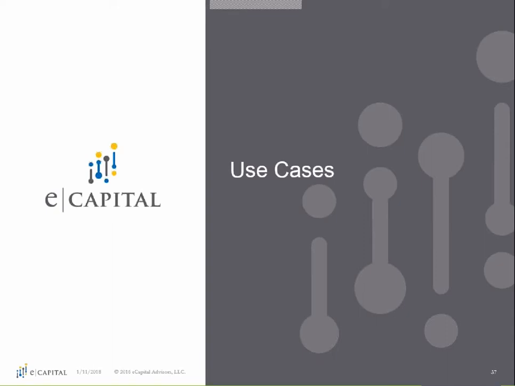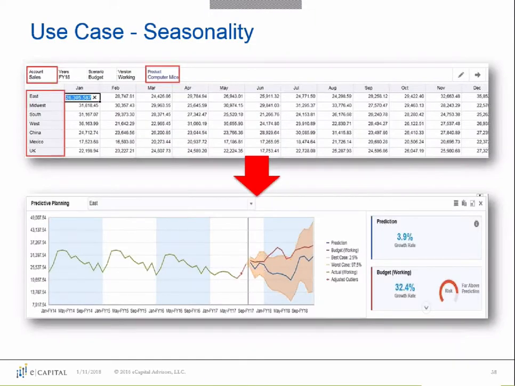So just to give you some use cases, I'm sure you have thought of some already as we're going through the process here, but just to give you an idea of what predictive planning could be used for. In our first use case here, I'm going to show you some seasonality, and if your prediction is way too high or way below, how we can paste that and easily resolve some of those